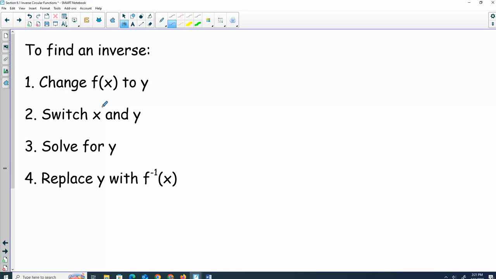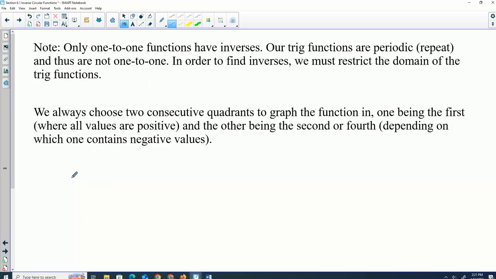Okay. So here's the deal. To have an inverse, the function has to be 1-to-1. We know that the trig functions are not 1-to-1, right? You keep going around the circle, you keep repeating yourself. That is not 1-to-1. But we can find an inverse if we restrict the domain, if we only take a portion of our trig function. So for instance, if I looked at sine,